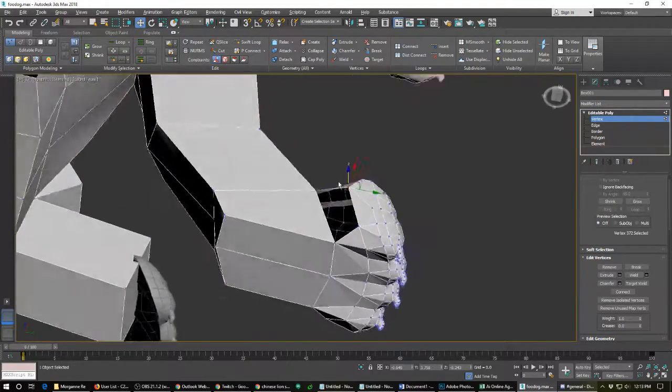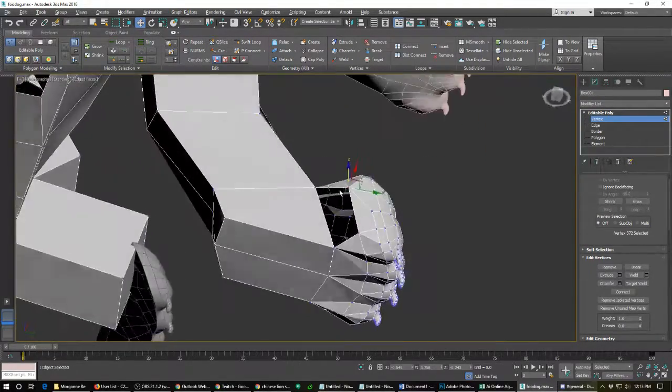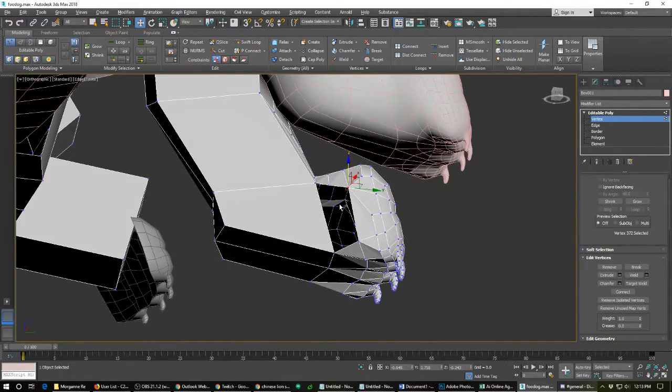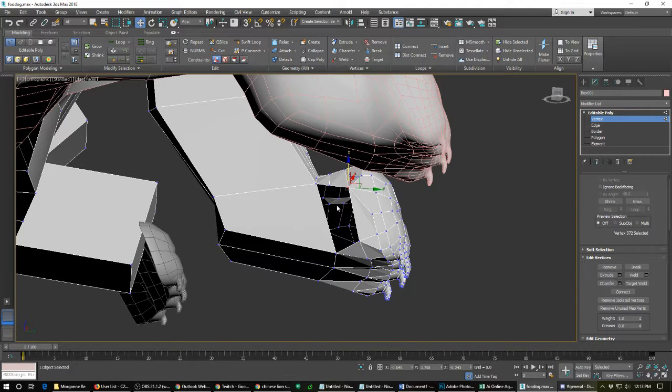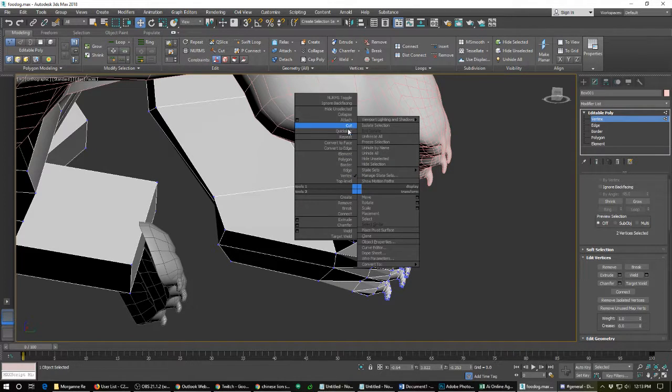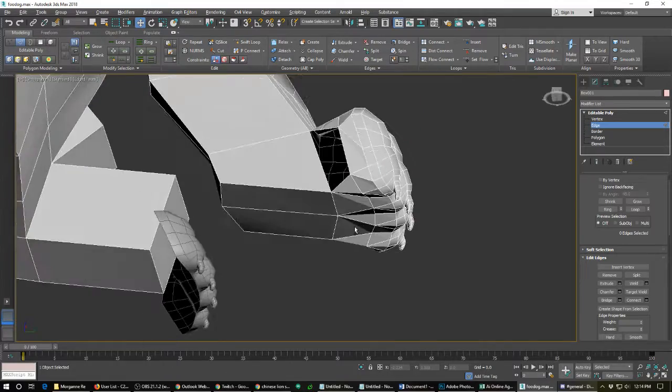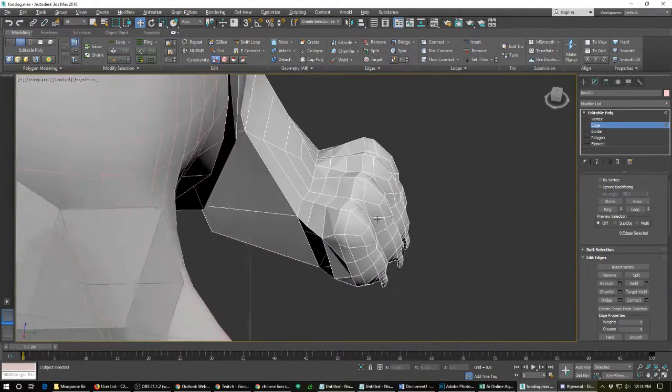I somehow got a little bit screwed up. And that's the thing about, you know, if you screw up, you just gotta sit down and look at things and see how to fix them. And so me simply going into the edge mode here, grabbing this one and control backspacing that kind of cleans that up. And then we can grab